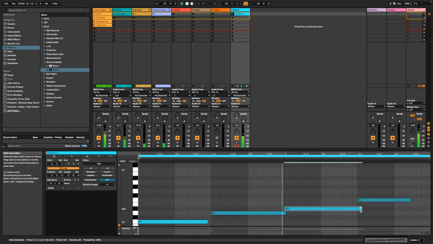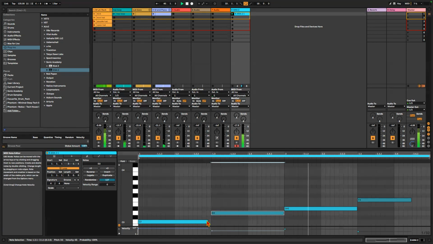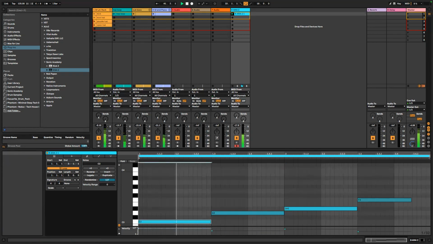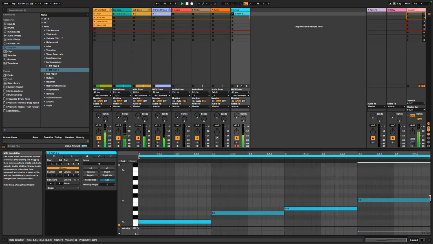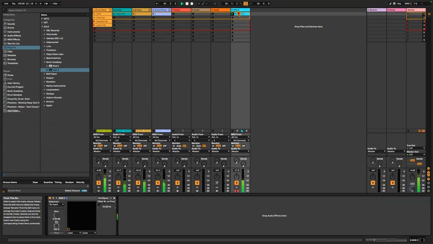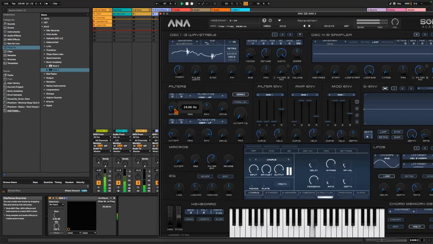Change the length of everything so they're not overlapping. Kind of fine tune where we want the low side of this particular filter or envelope to sit. I turn it down like this. And now, because we have cutoff automated,